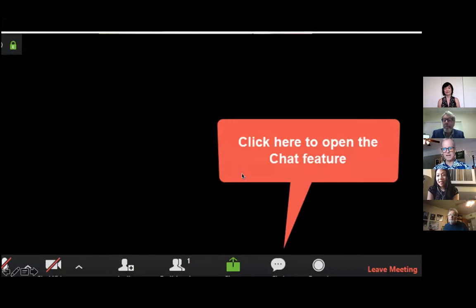The last thing I'll point out in Zoom, and let's everybody try this. Next to the share screen icon, there's a little thing that looks like a talk bubble. And if you click that, the chat feature comes up, and you can type something in the chat. So you can type a question, you can type a comment. I'm going to type, "Hello, everyone, welcome." And that's one way you can communicate.